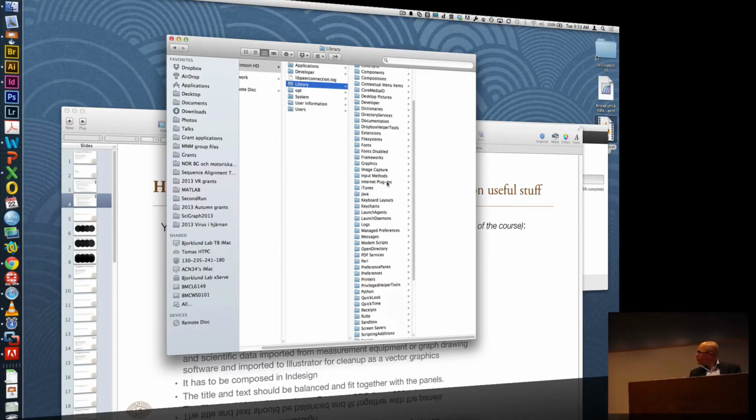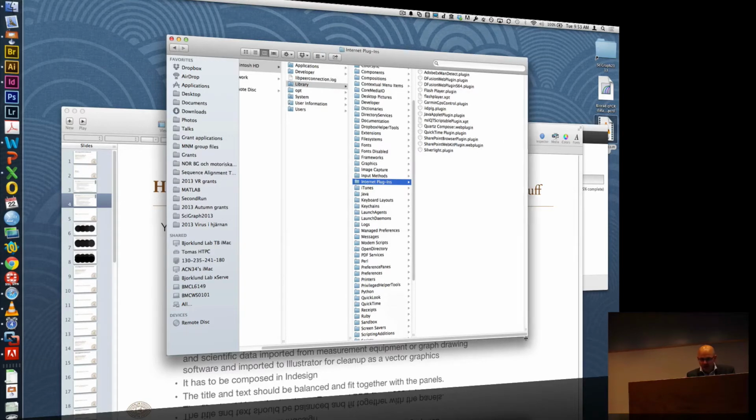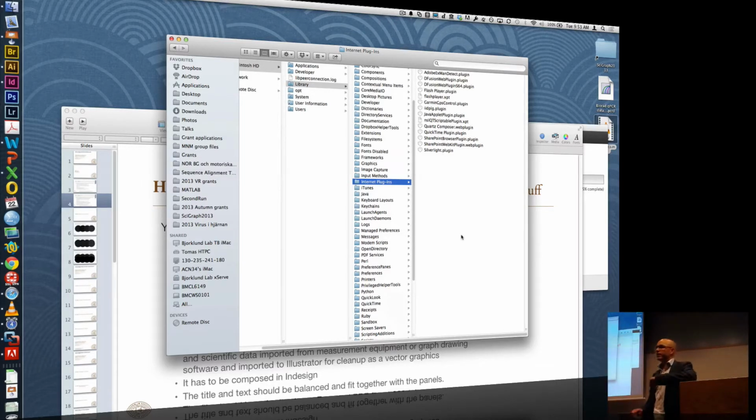In the Library you have one called Internet Plug-Ins. In this Internet Plug-Ins folder you have two files that are called Acrobat. Of course I don't have them on my computer, so I can't show you those files there. But they are called,